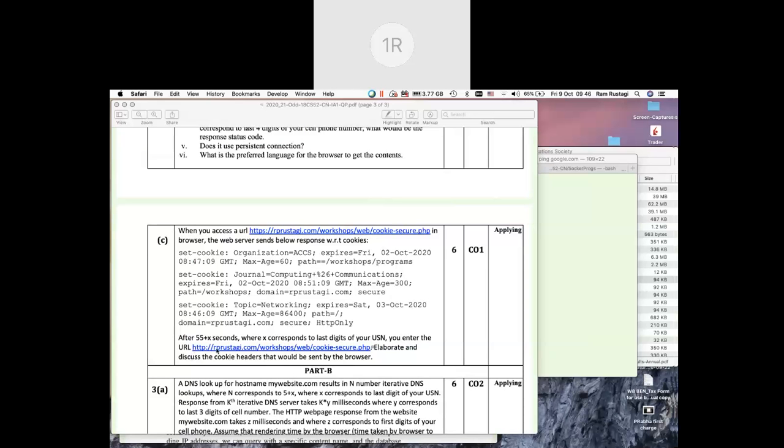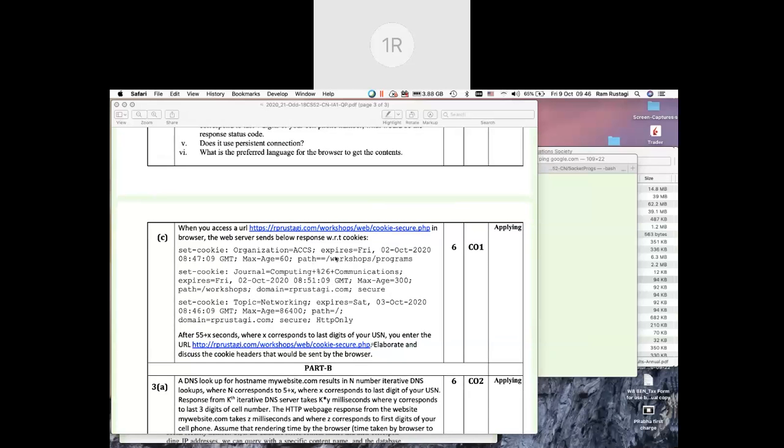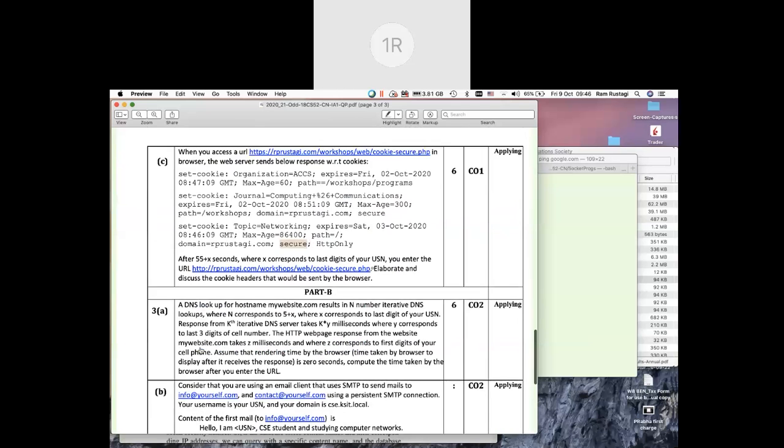So in this request, no cookie would be sent at all, and it doesn't really matter whether you refresh in less than 60 seconds or more than 60 seconds, because the first cookie is applicable to the path workshop/programs, which is not the path in the URL. The other cookies are applicable to HTTPS because of secure, but this URL is HTTP, so the browser would not send any cookie at all along with this request.